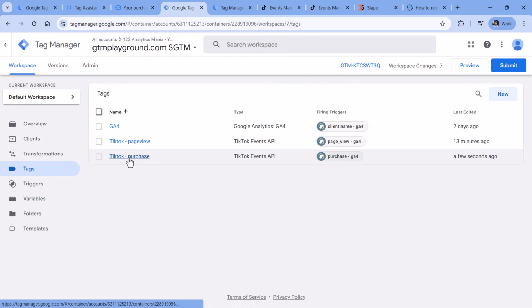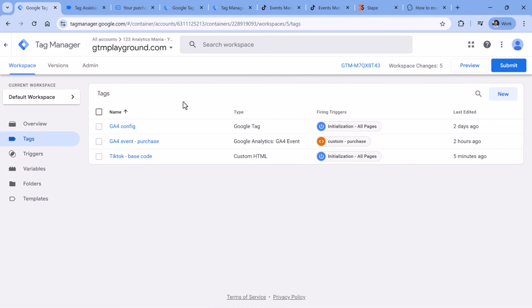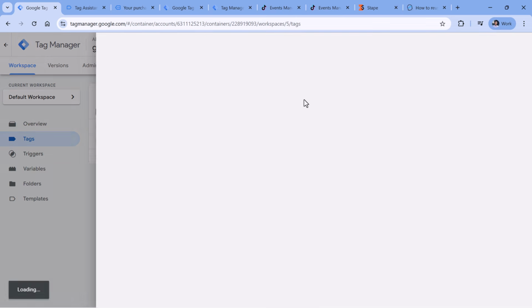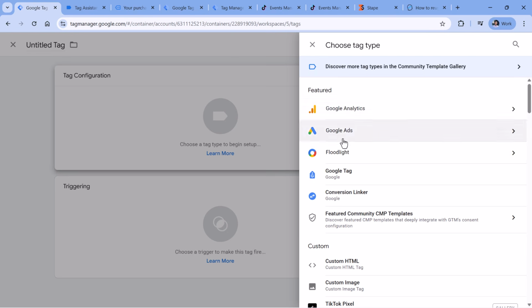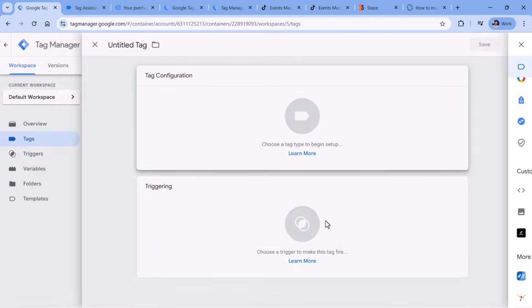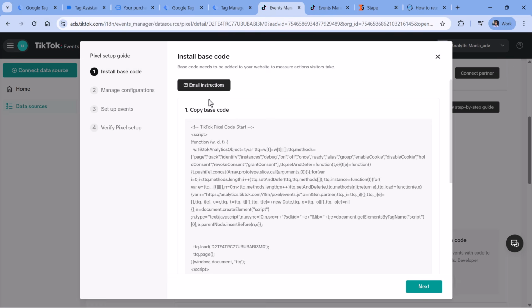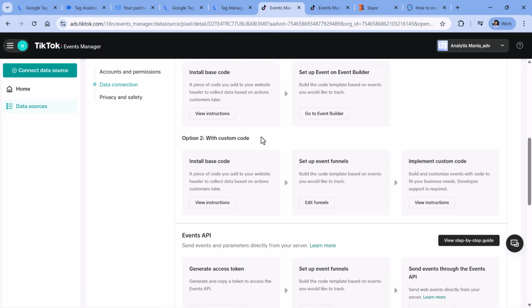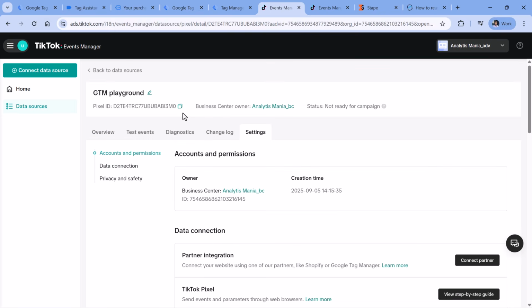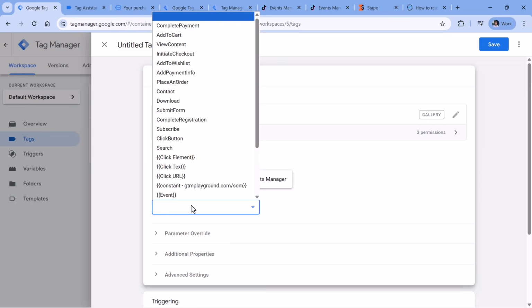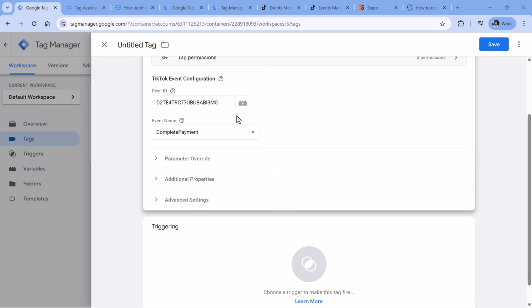So we will need to track the purchase with the web Google Tag Manager container as well. To do that, let's create a new tag where the tag configuration and tag template is TikTok pixel. Then here we will have to enter the pixel ID that could be found in the TikTok Events Manager. So it could be found, I think, right here. Yeah, so we have pixel ID, copy it, paste it here, then complete payment,